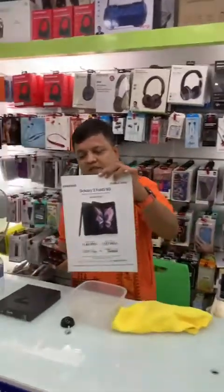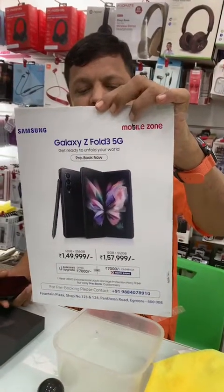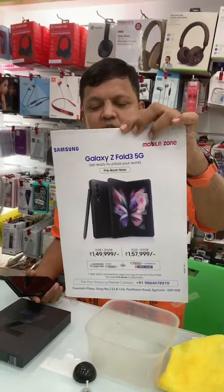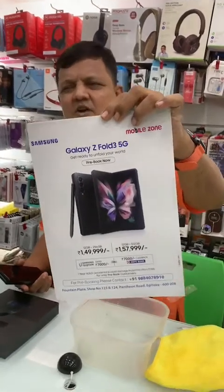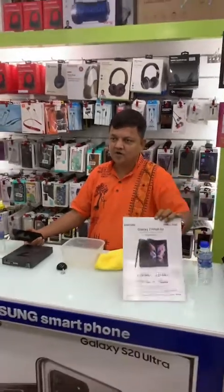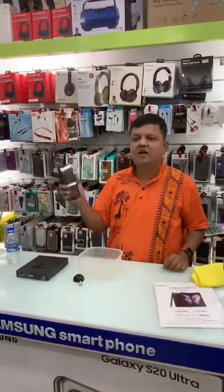This is the price. These are the prices. That's for 12 GB 256. It's about 1.5 lakhs. And 12 GB 512, that 158, around that. So come and pre-book, and make sure by 8 or between 8 to 10th you have finally a partner you